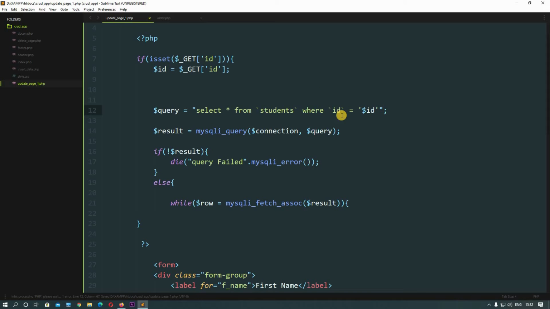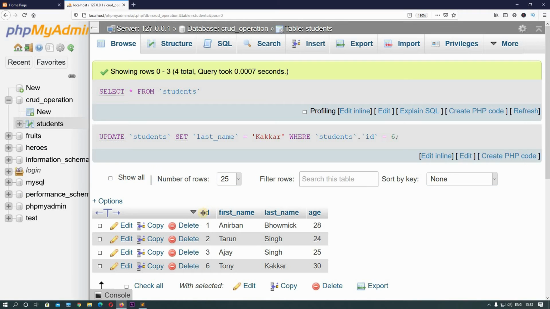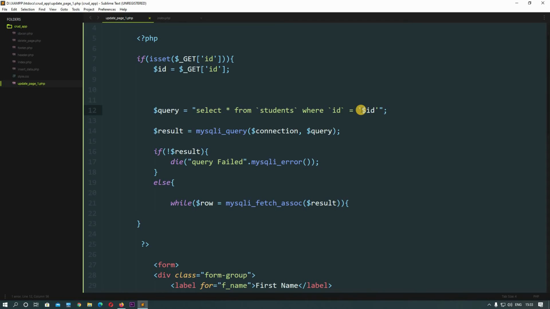Okay, so this ID is the column in the database. If this ID matches this ID, right? Then query the database, and if there is no result, if the query failed, then display the query failed error, or if there is some actual data, then we will perform that in the else block.